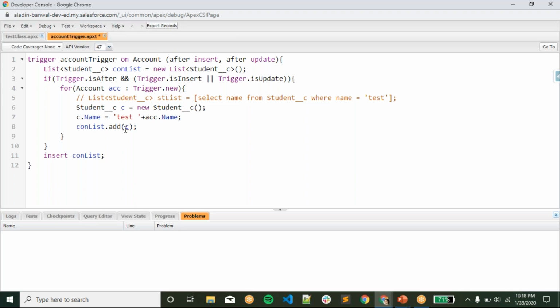Got it, got it. DML is 150. Sorry, sorry, sorry. Yes, you are correct, Madhu. So 150 is for DML. My mistake here, and 100 is for SOQL. Thank you for that, Madhu. I forgot that. So this is for synchronous Apex. It is 100, and asynchronous it is 200. Okay, so that's what we should keep in mind.